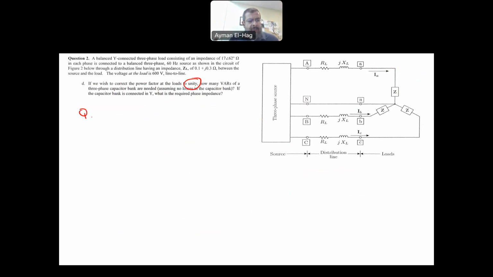So what is the total Q here? Q total that we have at the load is the summation of the Q from the load and from the motor, which is basically 18.72 plus 12.82, and this will give me 31.54 kVAR. So this is the total inductive reactive power coming from these two loads. I have to have a QC equal to minus this to cancel completely, and I have basically a power factor equal to unity. So the absolute value of QC is equal to 31.54